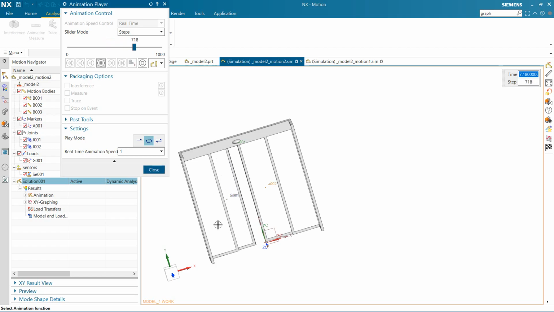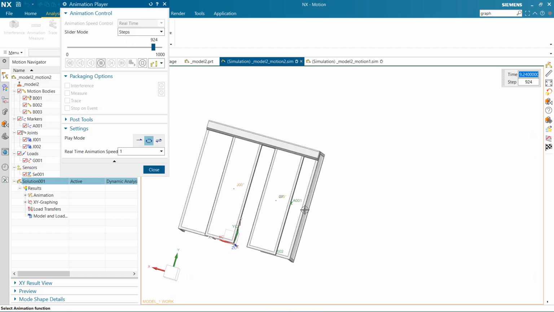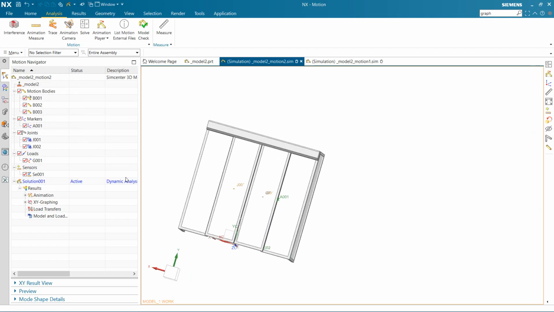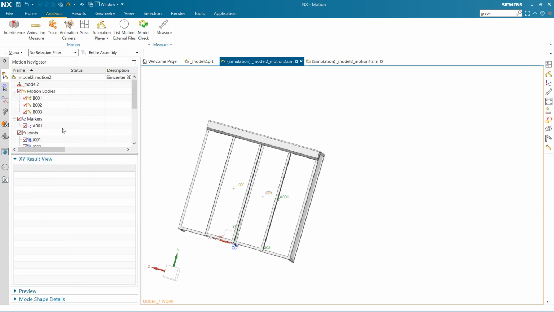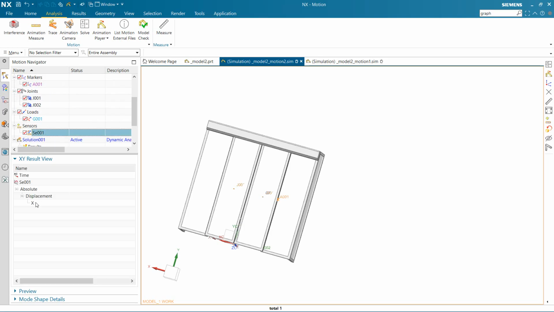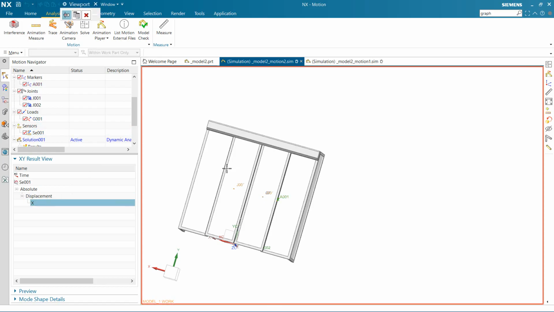Now I'm going to show you the XY results of the force, the display of the force sensor here. I think it's this one.